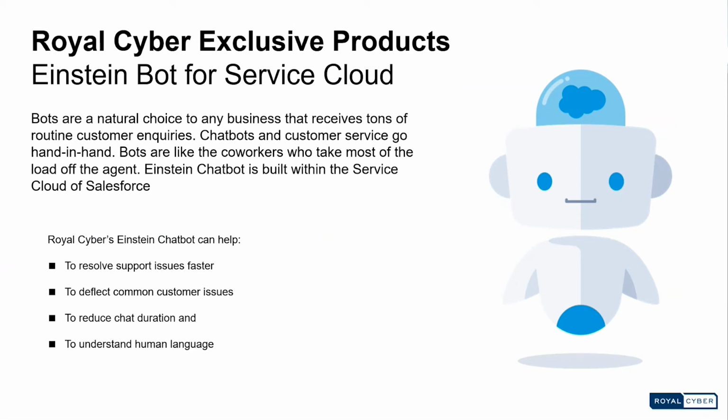So this is an Einstein Chatbot. Basically, what happens here is the customer can go onto the website, open the chat screen, and say, "Hey, I need to know the status of my order." The bot will automatically ask a few questions, like, can I have your name, email address, and phone number with which you placed the order, and if you have an order number, great. So it'll get all those details.